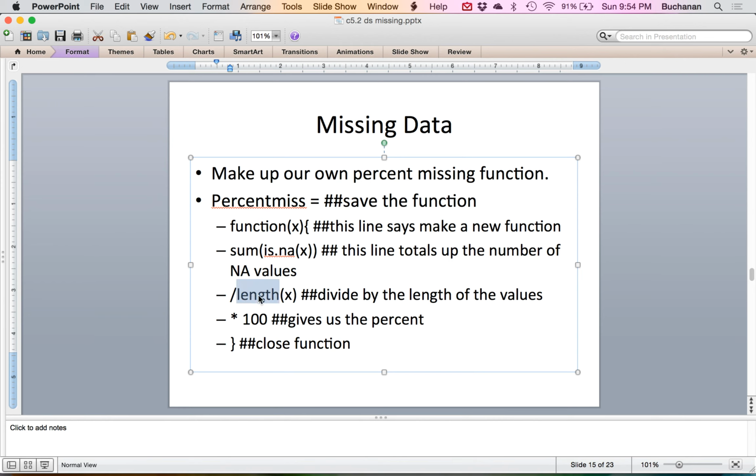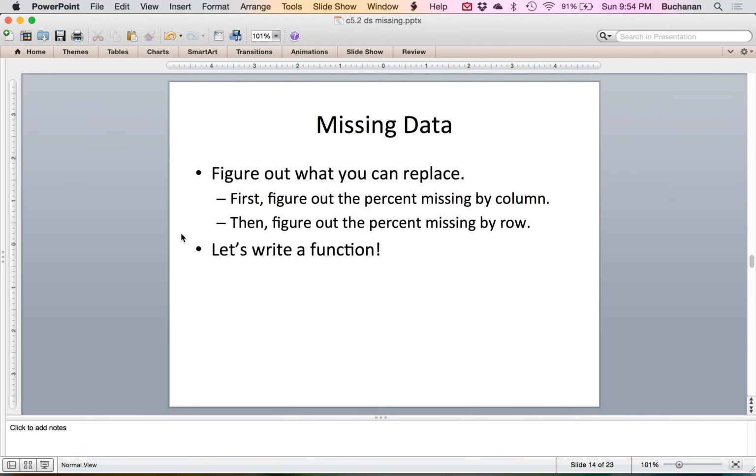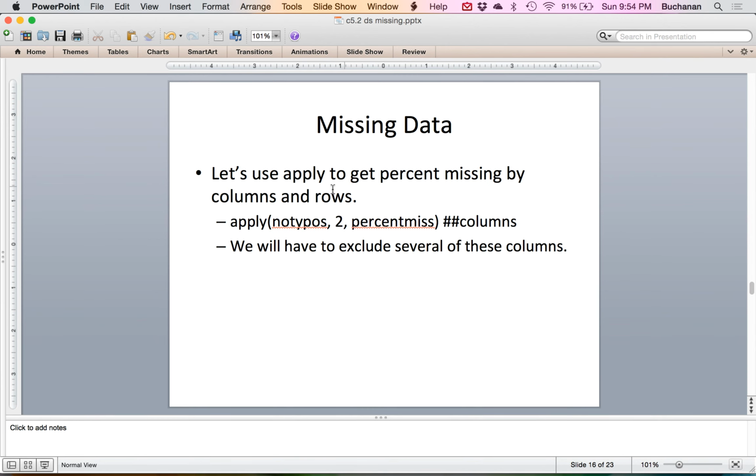It divides by the length. So the length is how many things you have. This is a percent we're going for, so the total number of missing divided by the length. Multiply that by 100 so we can get a percent. And that closes the function. So the whole thing looks like